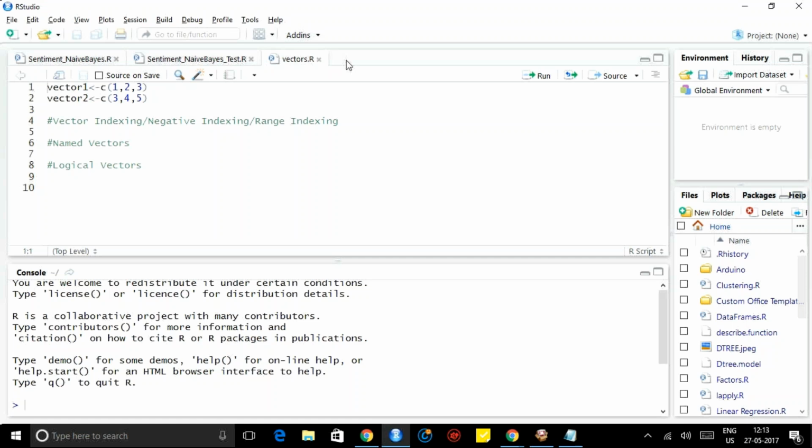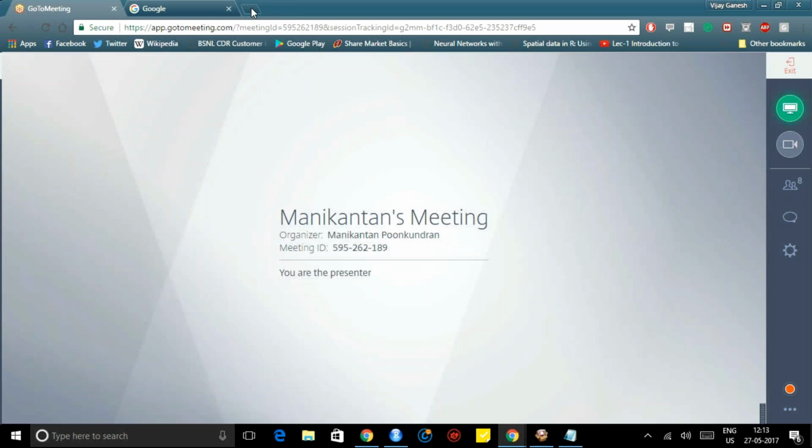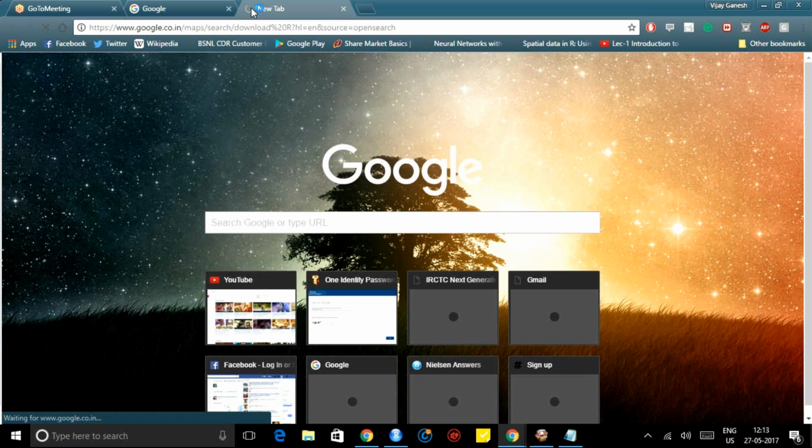Similarly, R packages are maintained by the CRAN repository. You can download R directly from those websites, and the installation setup is almost similar whether you're using Mac, Windows, or anything.